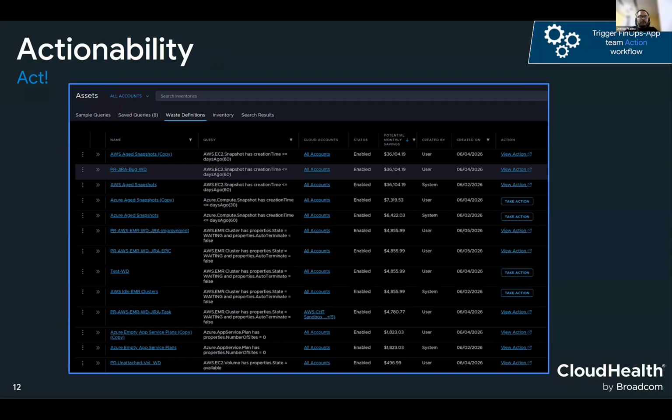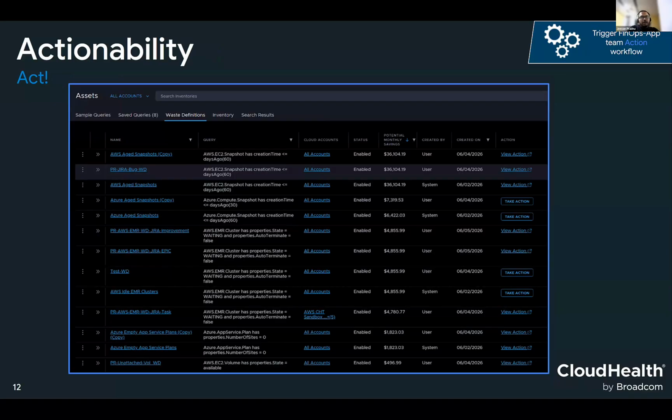Once you add this action, you'll be able to view the results of the action as well. Right now, if you participate in beta, you will be navigated to the classic page for view action, but we will bring that entire policy and action framework into the new experience so that everything will be in context.